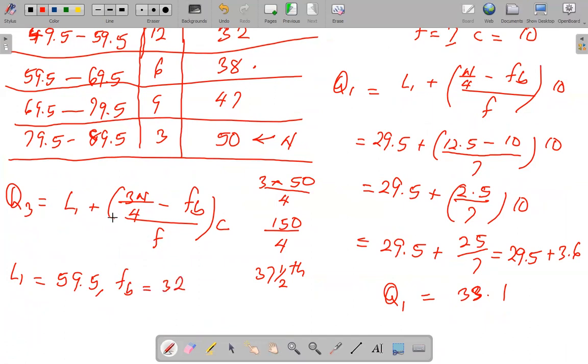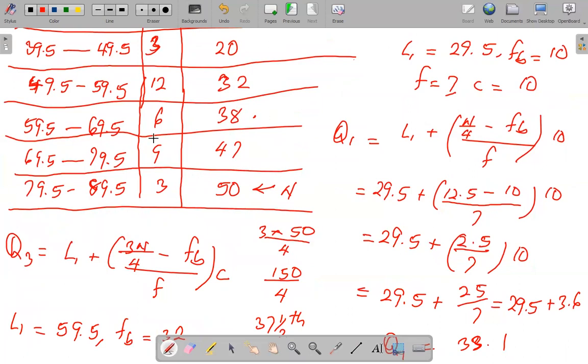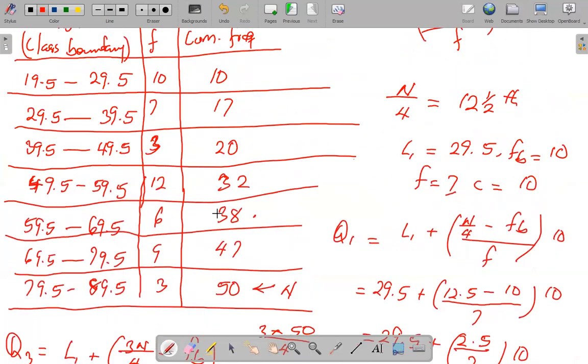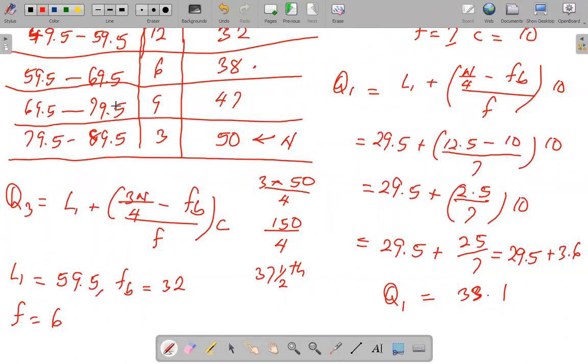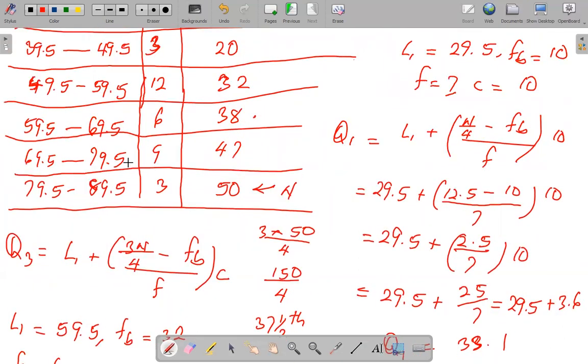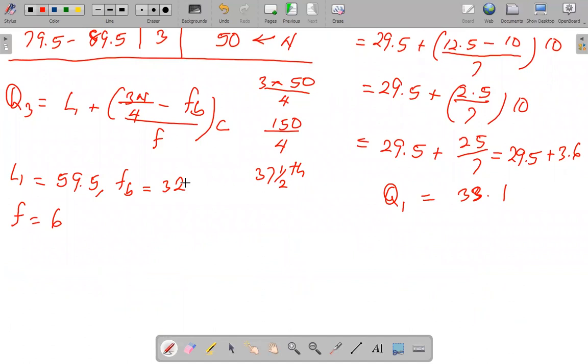F is the frequency of the third quartile. Our third quartile is in this row, and the frequency there is 6. So F is equal to 6. C remains constant for the whole of this distribution. The class width is equal. Our class boundary here is 59.5 to 69.5, and 69.5 minus 59.5 is 10. So C is equal to 10. Therefore, the upper quartile is